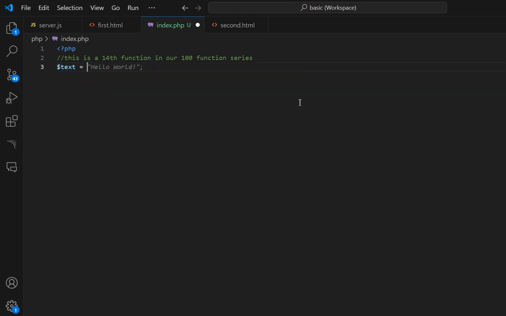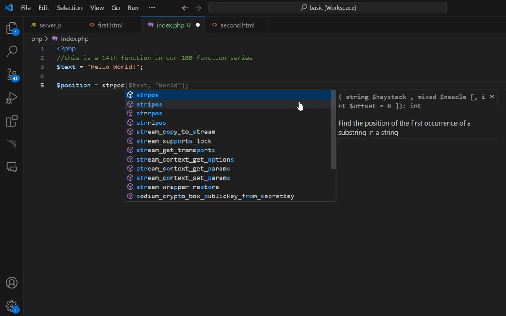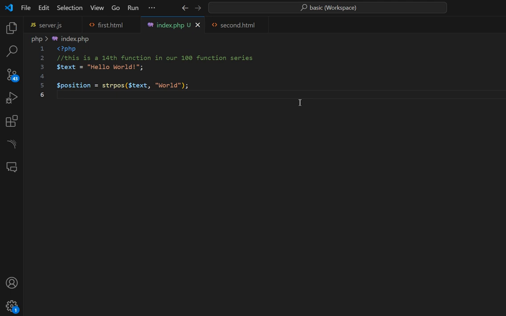Text, hello words. Now position, strpos. So the first parameter is our paragraph and the second parameter is word. You can choose any word here. Now this will be written. This is start from 0, 0, 1, 2, 3, 4, 5, and the W is in 6 position. So this will return